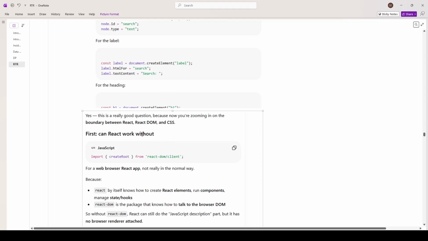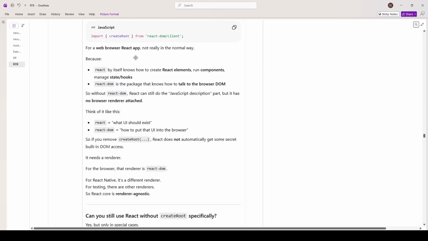Yes, this is a really good question because now you're zooming in on the boundary between React DOM and CSS. First, can React work without import createRoot from react-dom/client? For a web browser React app, not really in the normal way. If you're using React in a web browser, not in a mobile application, you cannot really do that without